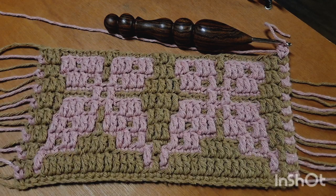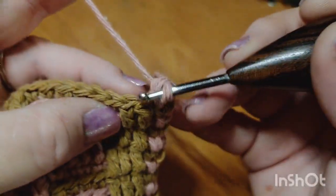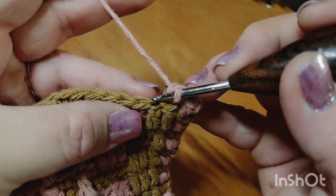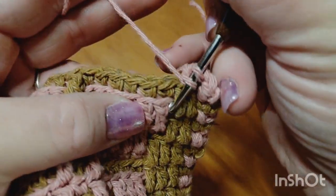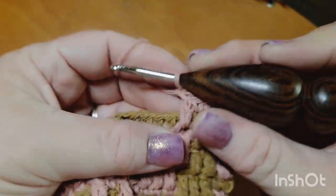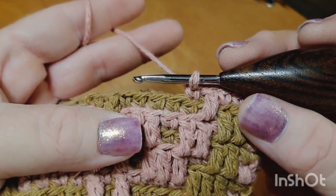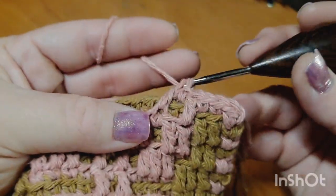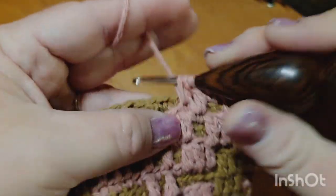Row 18 begins now, and we are working in color B. Row 18's repeat begins with 2 single crochets, 1, 2, 1 double crochet, 1 single crochet, 2 double crochets, 1, 2,